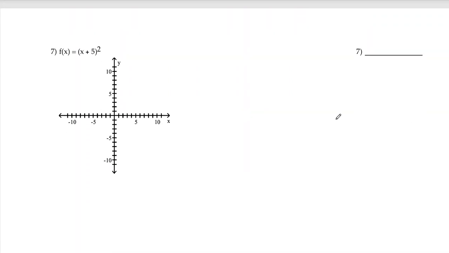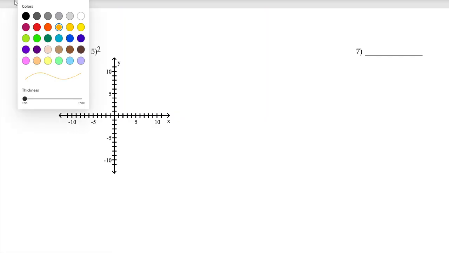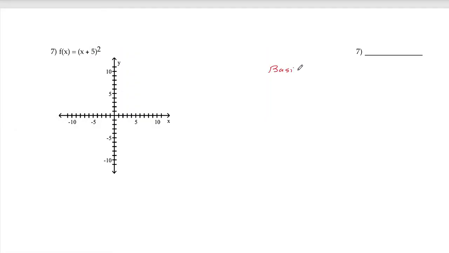Look at this one now. This is f of x equals x plus 5 squared. So again, it is evident that the basic function here is f of x equals x squared. We know what the points on this graph are. So we have 0, 0, as we mentioned before, 1, 1, minus 1, 1, 2, 4, and minus 2, 4,